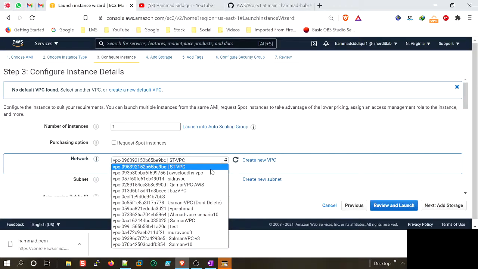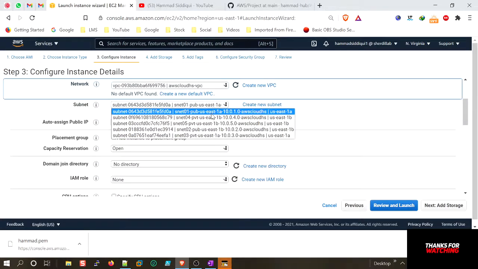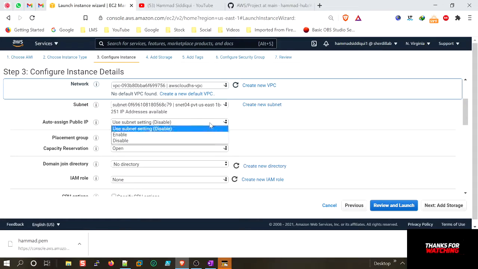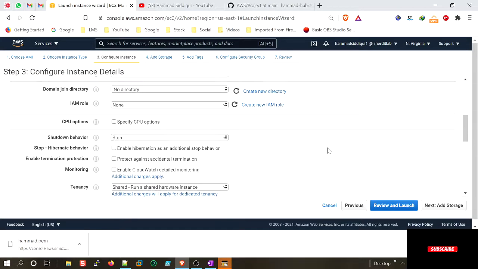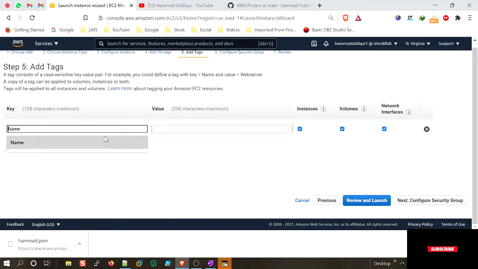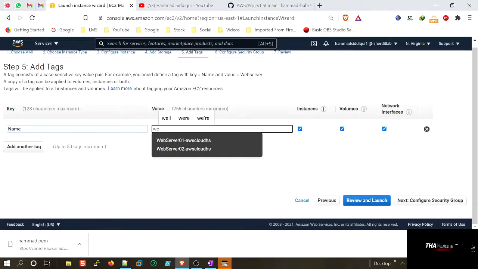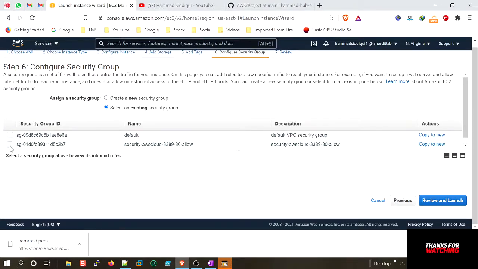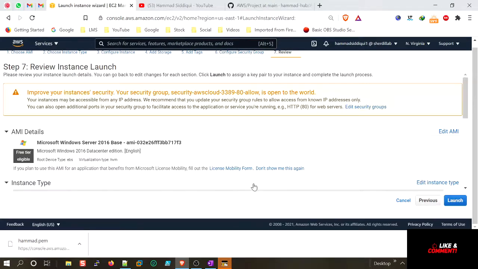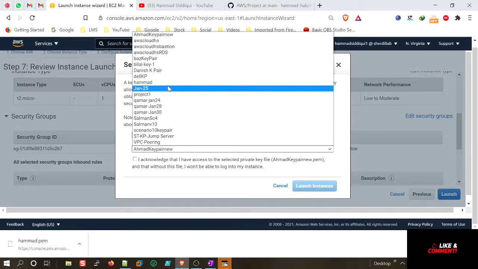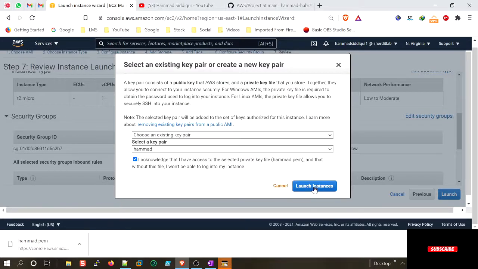Next. Make sure I have my VPC selected. This time we will be doing it in subnet 4 because we already did the third one. We'll make sure that this is not public facing. We'll disable the IP, already there. Default is already disabled. Everything remains the same. Next, and then we'll just do 2. Next, and we'll just use an existing one, which is this one. Next, and then next we'll use the existing key pair. I think it's under my name. Acknowledge, and hit launch,